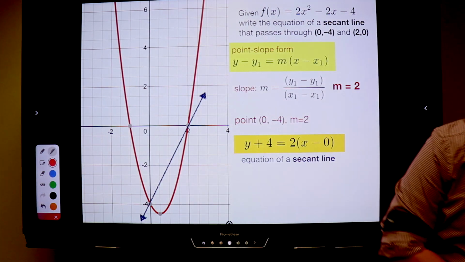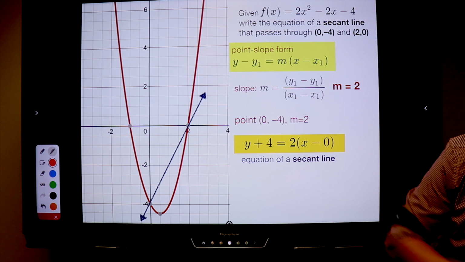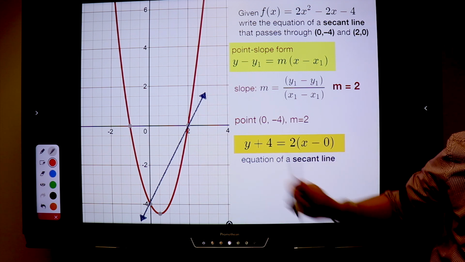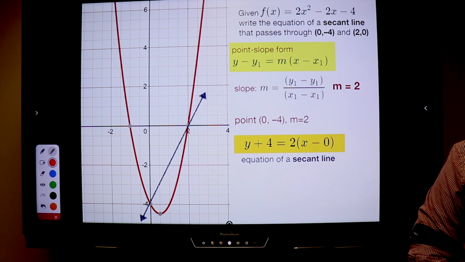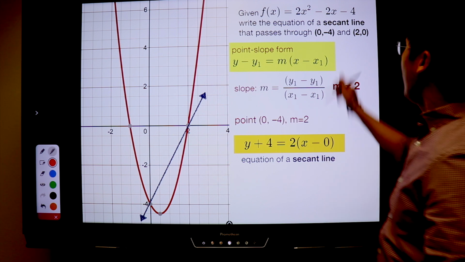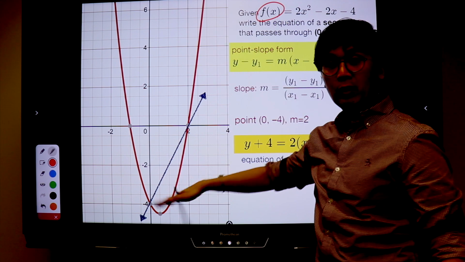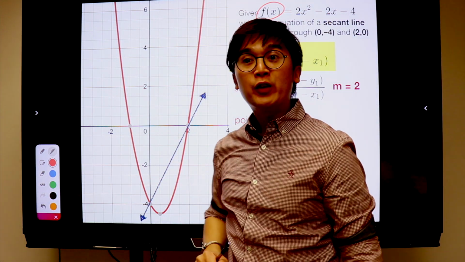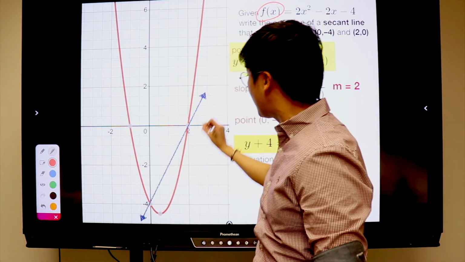That is the equation of the line, using the point-slope form of your given problem. Now, can you simplify this further? Of course you can. But for now, let's leave it in point-slope form because that is an acceptable equation of a line in calculus. Easy, right? So let's do a recap. You're given f of x, which is a parabola. You're given 2 points in your parabola, and you need to produce the equation of this secant line, which is